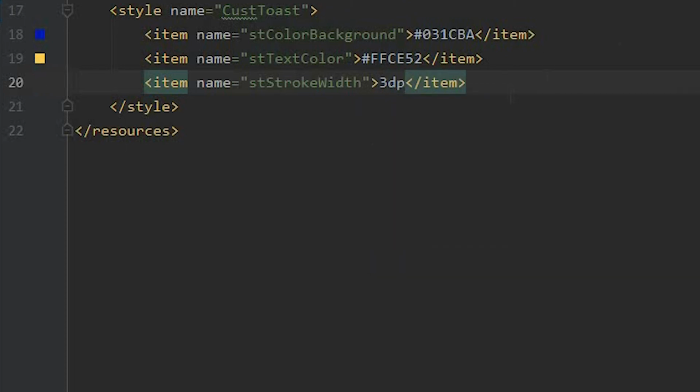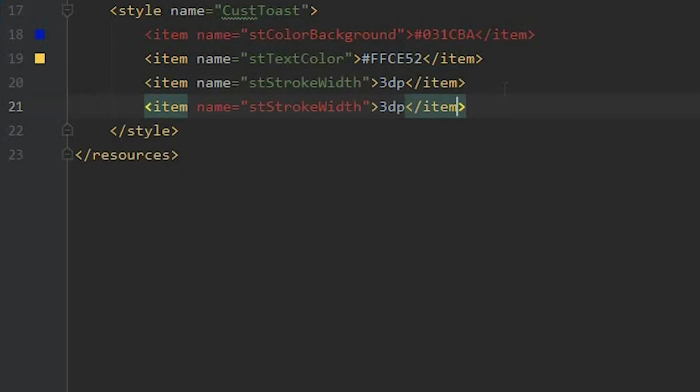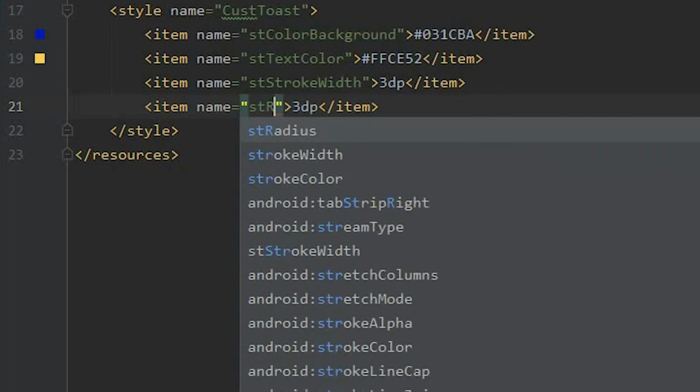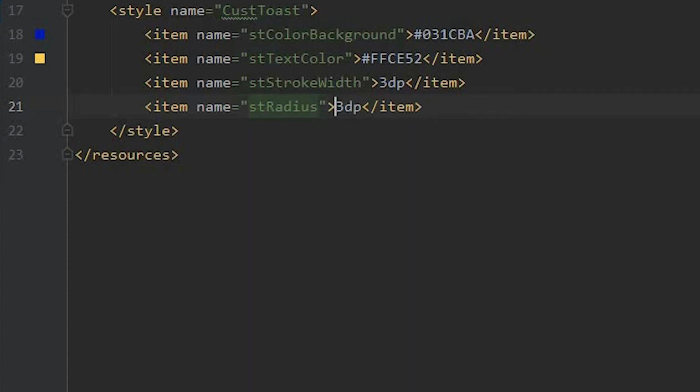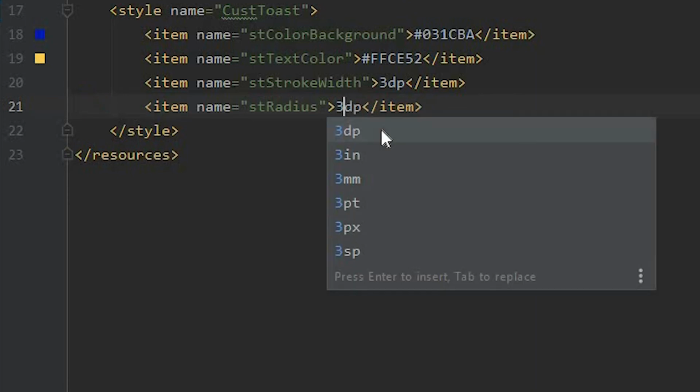Okay, and let's have another item, and inside this I need to provide the radius of our stroke, and the radius will be of our corner of the toast. So let's give it a radius of 4 dp,